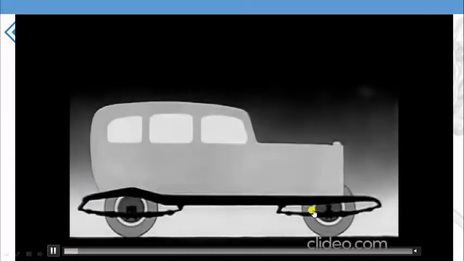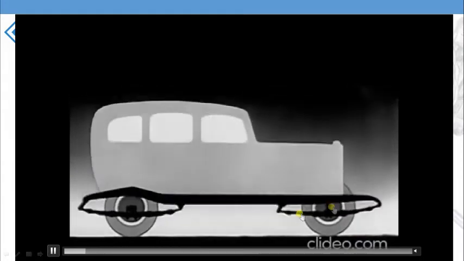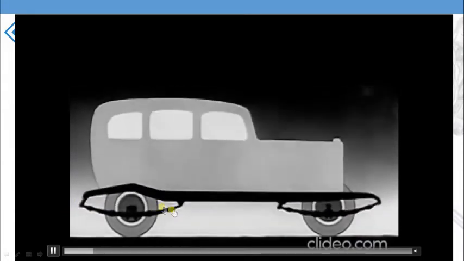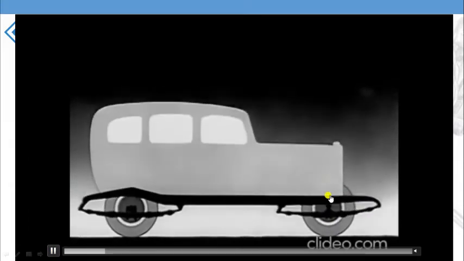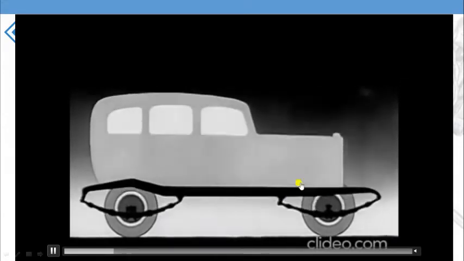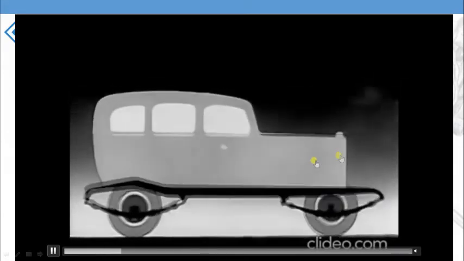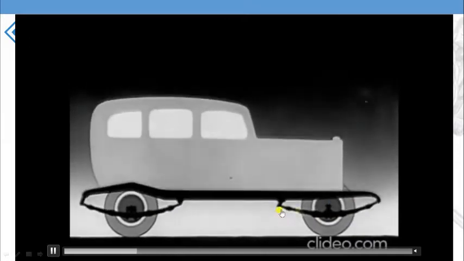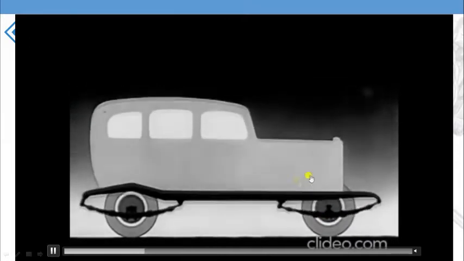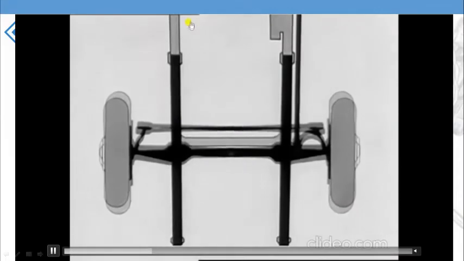So what happens is, the front suspension used to have the same length and flexibility as the rear suspension. But the problem is, the front suspension needs to serve two purposes, which is absorbing the road irregularities and also maintaining the vibrations of the engine compartment. So that's the reason you would want the front suspension to be stiffer compared to the rear. The rear suspension is just there for absorbing the road surface.